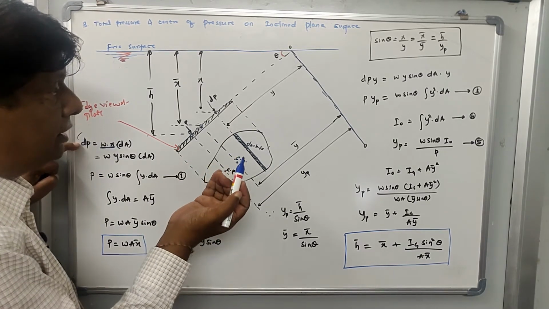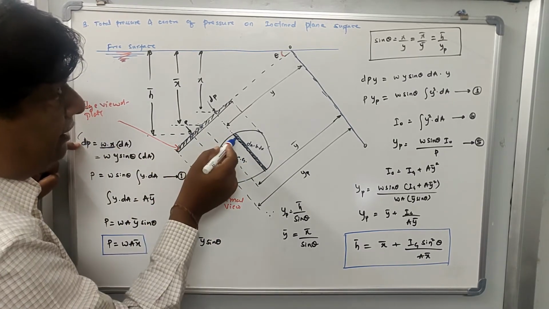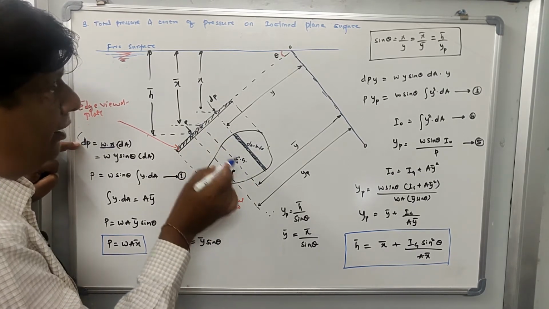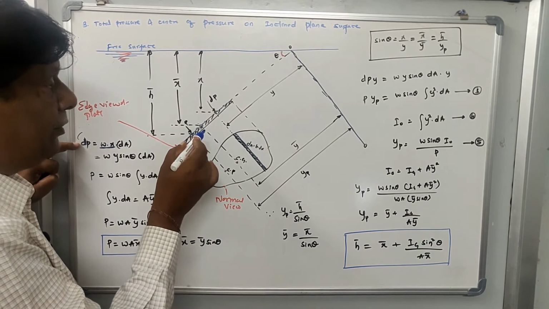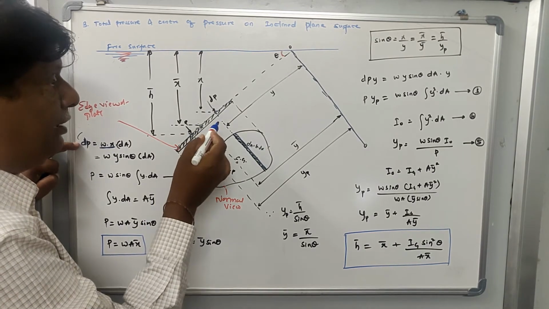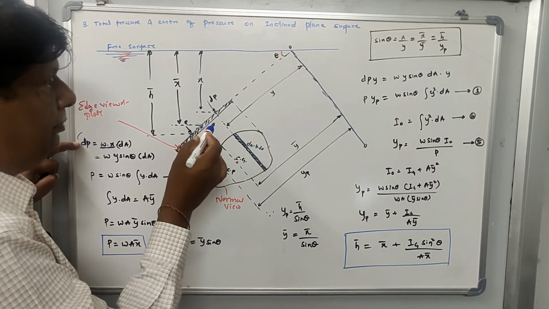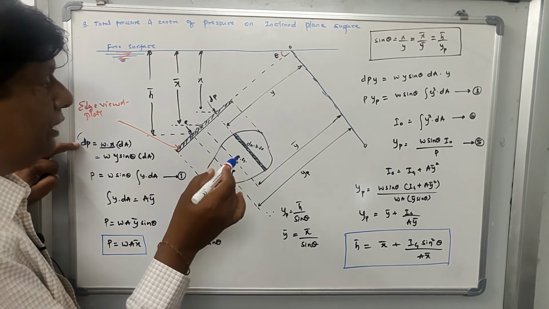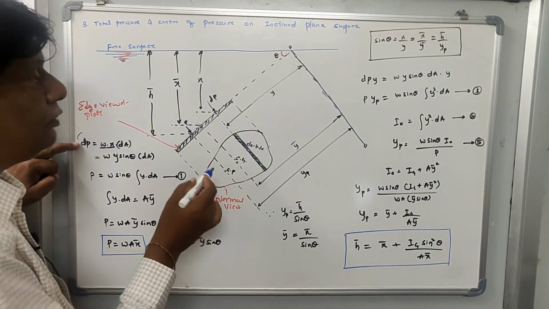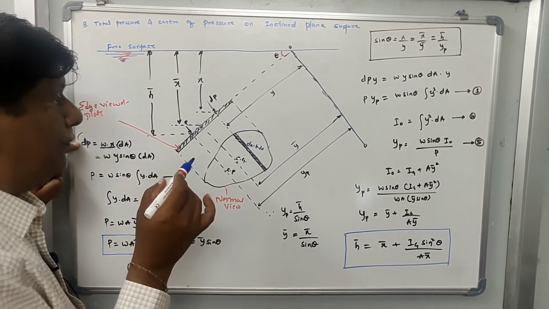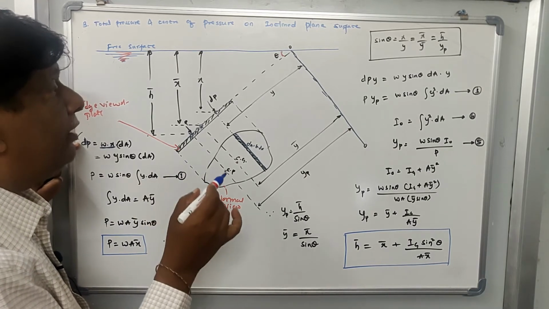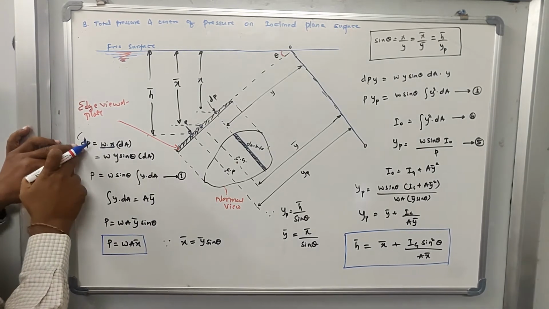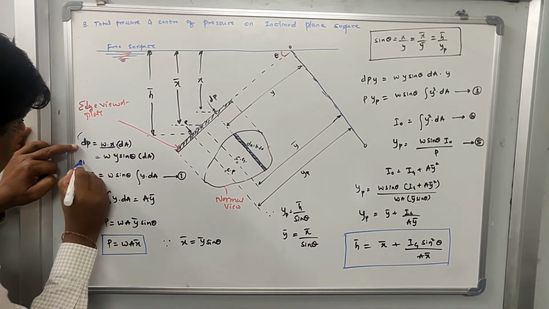As I told in the previous class, this plate can be divided into a number of strips, and the total pressure exerted on each strip is dP1, dP2, dP3, and so on. Therefore the total pressure exerted on this entire plate is equal to the sum of the total pressures exerted on each strip. So to get that, you integrate this. Integrating the above equation,